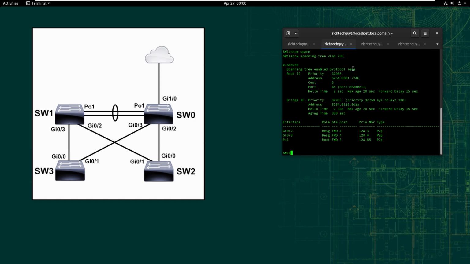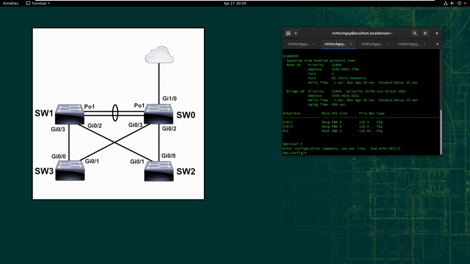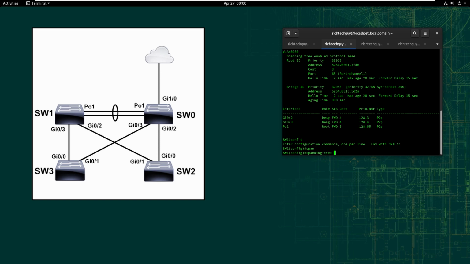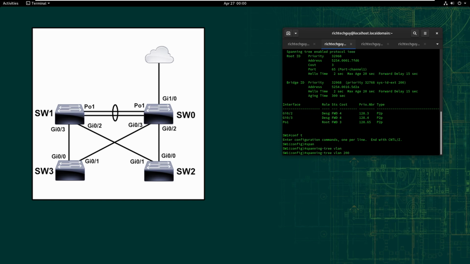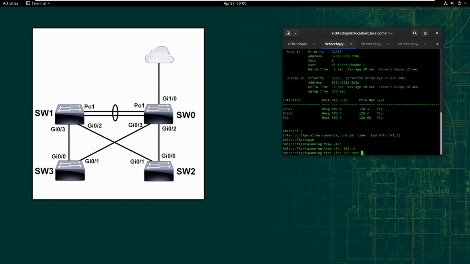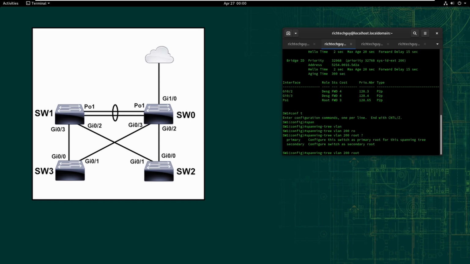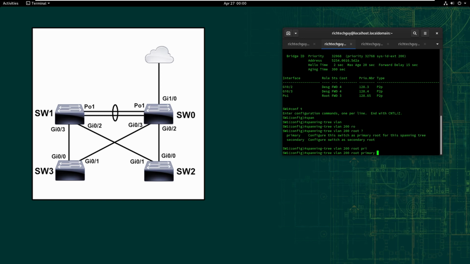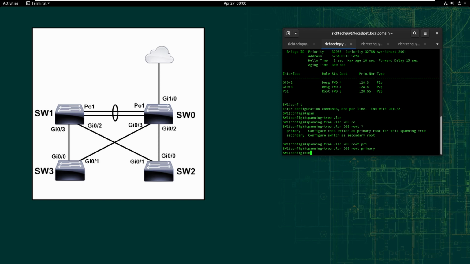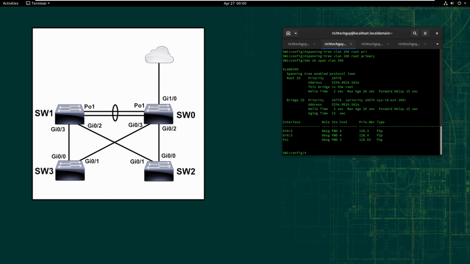So let's say I change the switch. I wanted switch 1 to be the root switch. So again, I'm going to go into the configuration, and this time I want to say spanning-tree vlan 200. Now there's a couple ways I could go about doing this. I could actually set it as the root primary switch, and when it does that, what happens is it has dropped the priority down to 24576, which, what's rather interesting is you could actually go in and manually